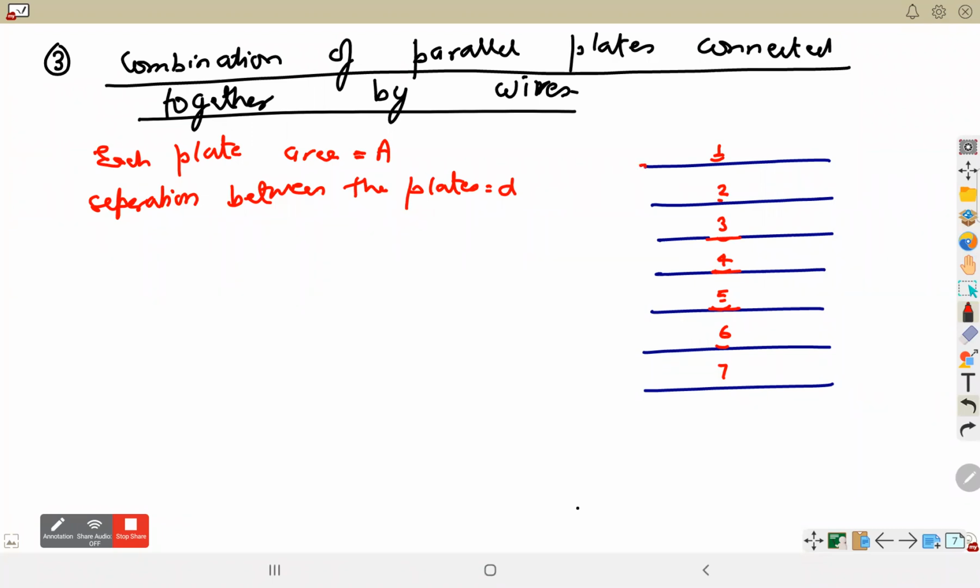Suppose plate 1 is connected to 3 as well as 6. Plate 2 is connected to 4 as well as 7. And we have to connect battery between A and B. Find the